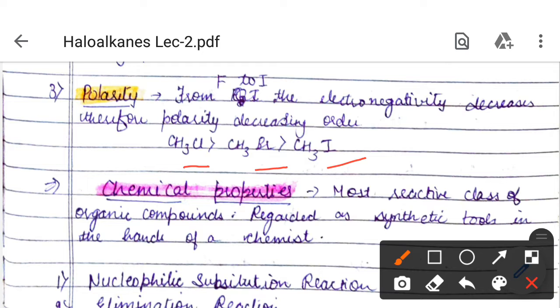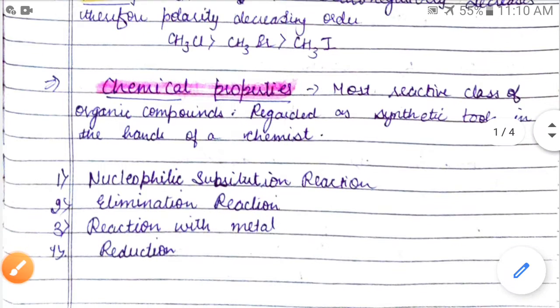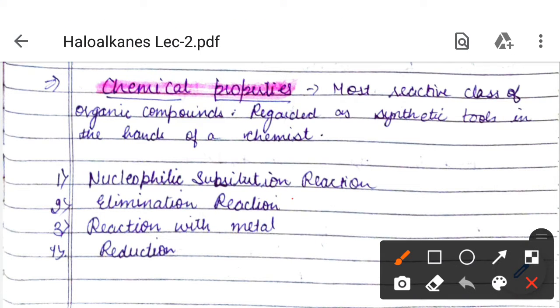Now comes the chemical properties. In chemical properties we will be discussing nucleophilic substitution reactions, then elimination reactions, then reaction with metals, then reduction, and last is rearrangement reactions. First, in haloalkanes the bond is polar, so